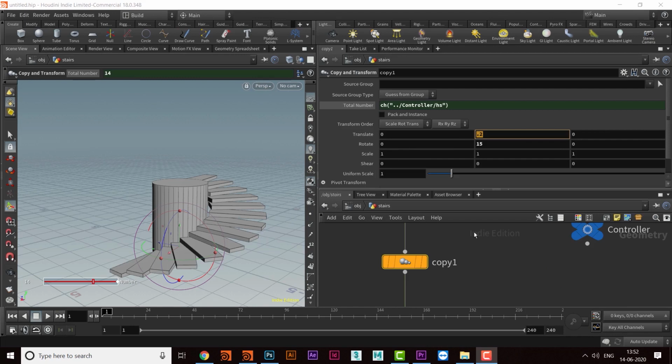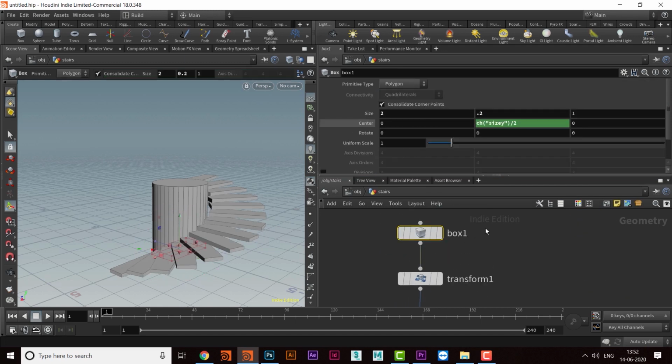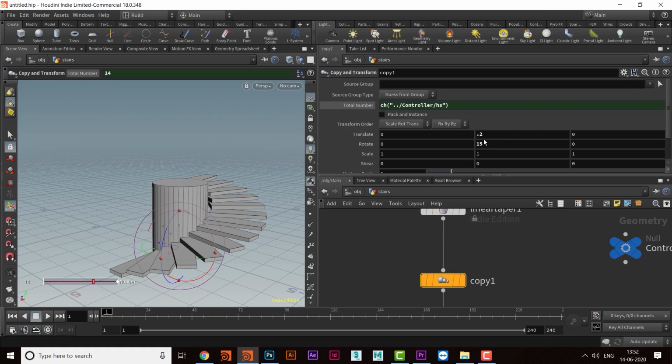Okay, so one more thing is noticeable. When I'm saying this is the size of the staircase, it is not actually the size of the staircase, but I have taken this value from this box, where the size of the staircase is 0.2, and that is why I'm calling it the size of the staircase.